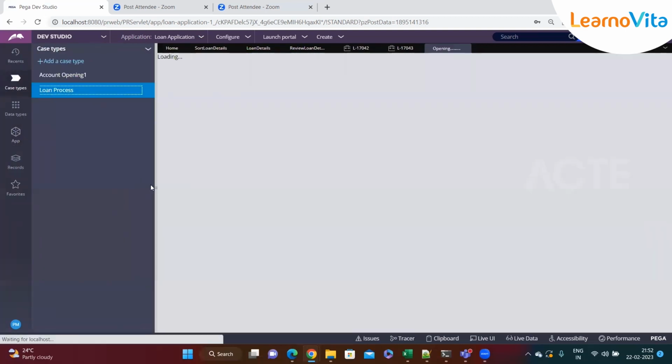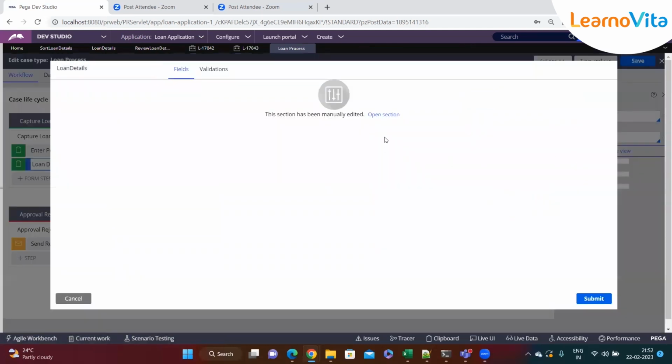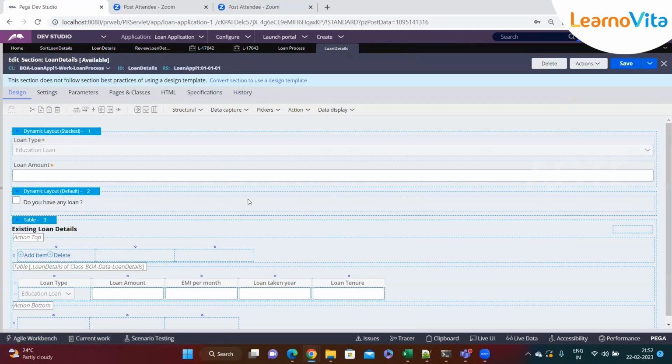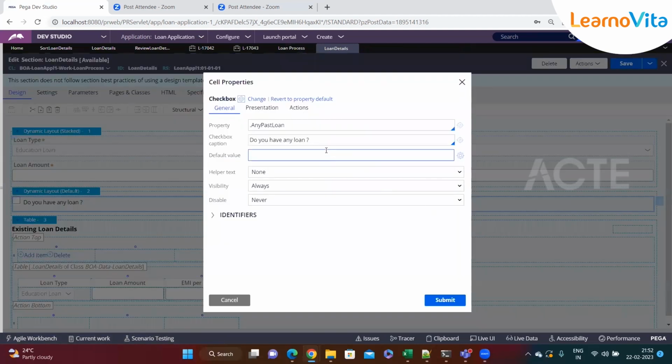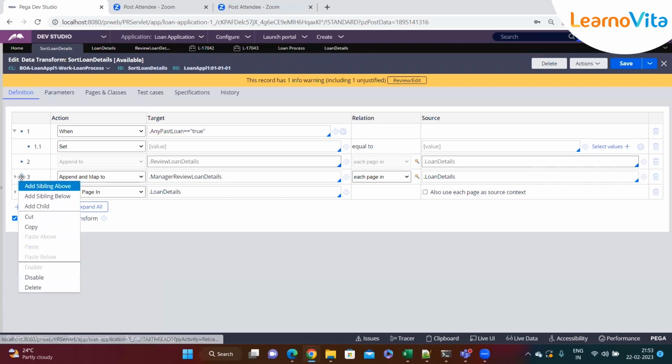Now I want to copy data only when this is equal to true. When the user has taken a loan, then only I want to perform these actions, or whatever we have, right? So now I'll